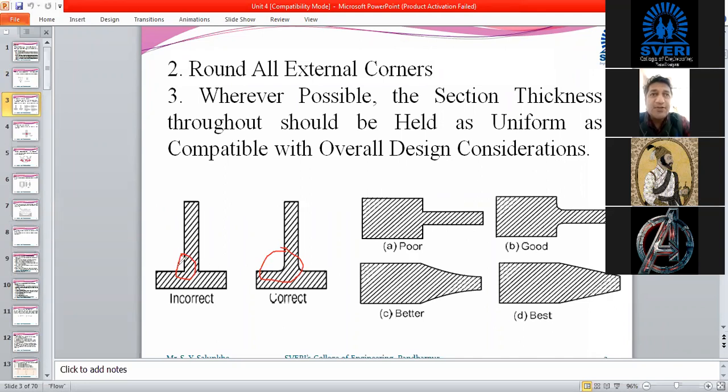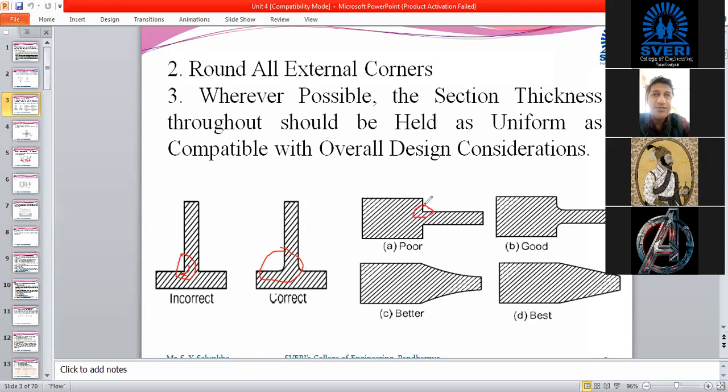Suppose this part is manufactured by casting, and the material gets concentrated over here at the corner, there is a possibility that the molten metal may not flow through this corner, and hence it is possible to have blowholes there. Are you getting me? So as far as possible, the common rule is that you have to round up all the sharp corners.